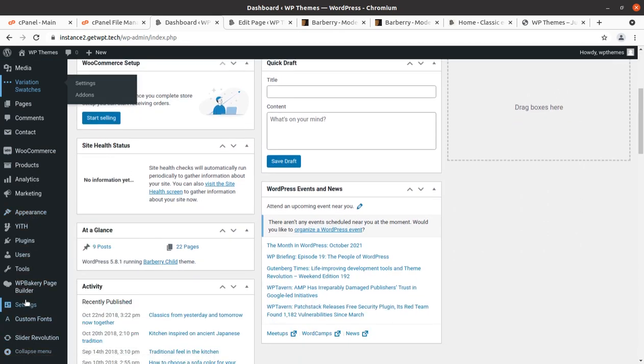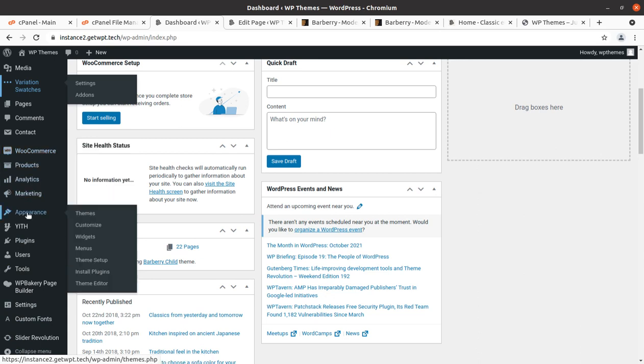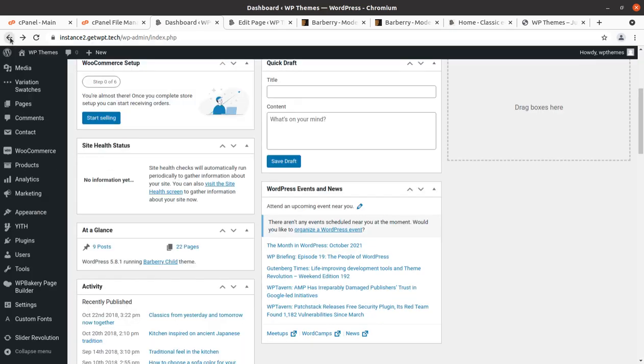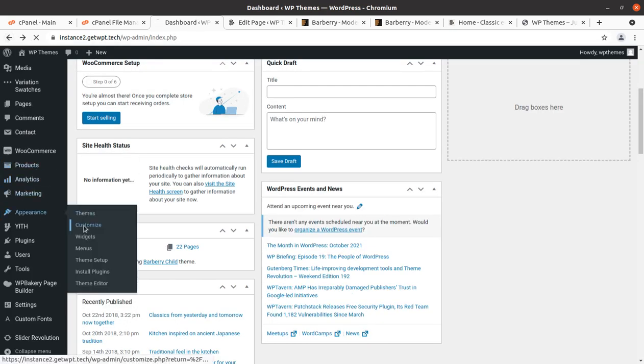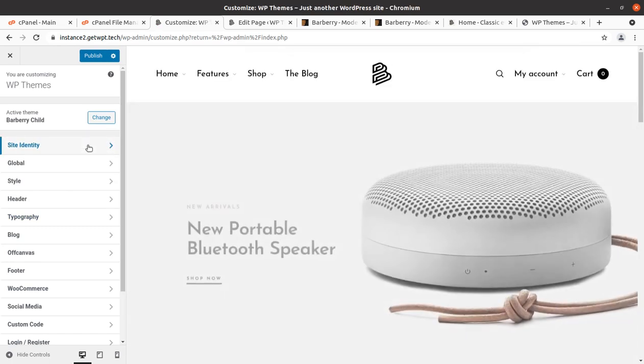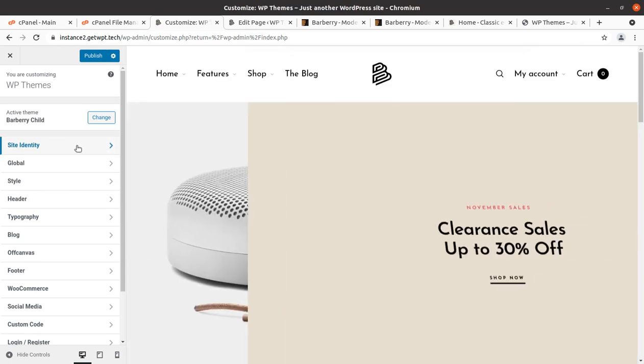Custom fonts and Slider Revolution have been given. So no additional theme panel has been given. So only theme setup is here that we have already used, that is the welcome page, and we don't need to use this, and we can even disable this wizard since we have already used it. And I believe the rest of the things can be handled through the Appearance and Customize option. So let us open that. Okay, so the rest of the settings have been given here only, so it can be referred to as the theme panel or customization panel, whatever you may say.